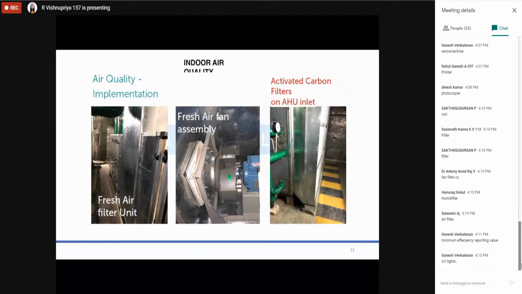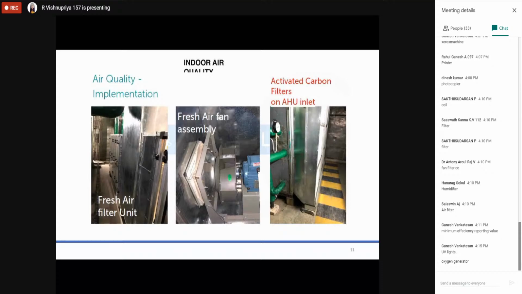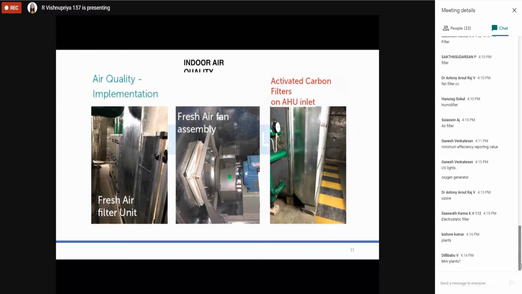You just came up with the UV lamp. Okay, a UV lamp is not going to generate oxygen here. Oxygen generator, yes, that is also good, but the cost of that oxygen is going to be huge. Yes, ozone generation is nothing but oxygen. I think it is going to neutralize, it's going to react. Electrostatic filter, no, it is not oxygen. Don't take it in a rocket science manner. It's a very simple answer.